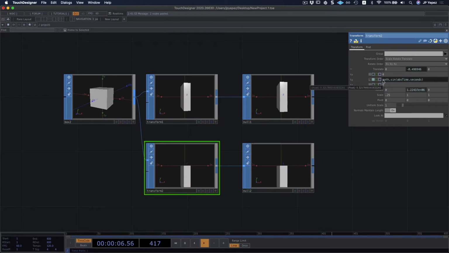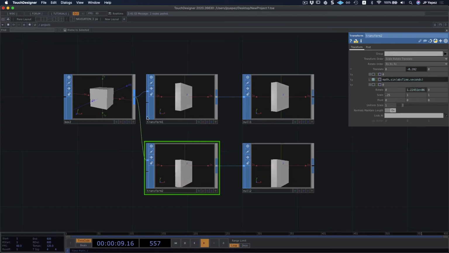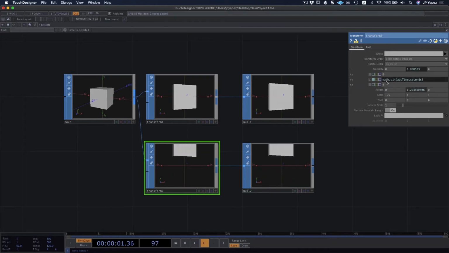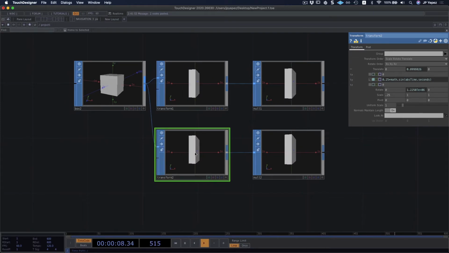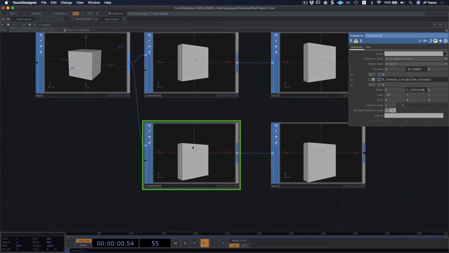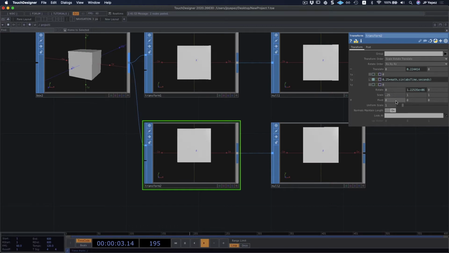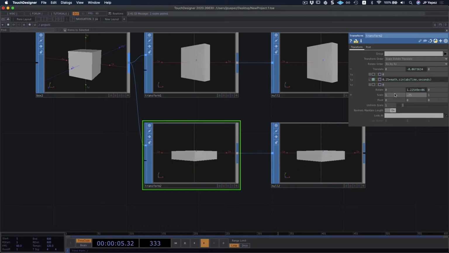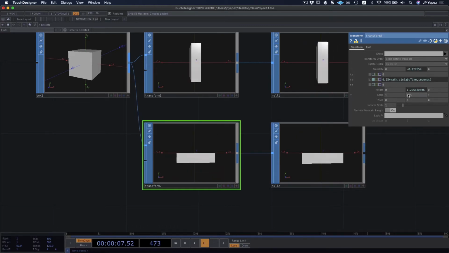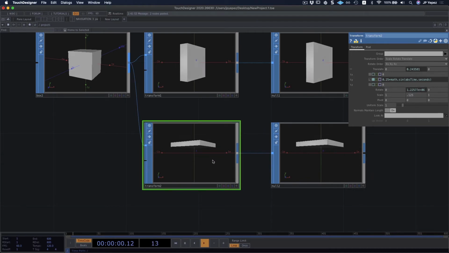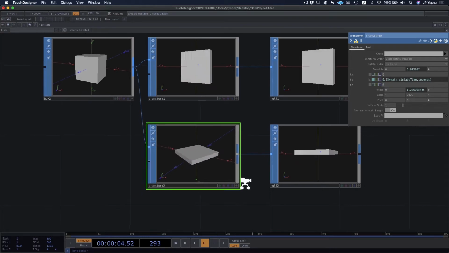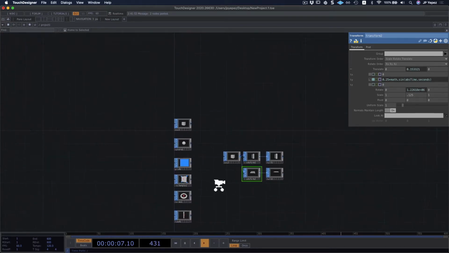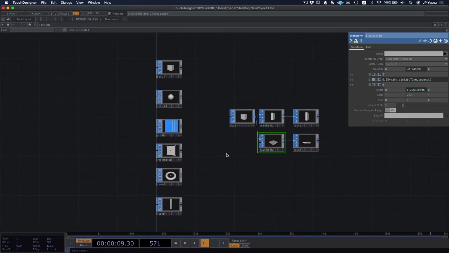If you've ever worked with Python, this is simply a sine wave. I'm just not using a CHOP for it. Maybe I want it to be a bit smaller. We'll get some slight movement up and down. You know what? We can change this into a platform that moves up and down. And yeah, this is pretty exciting. So yeah, these are SOPs essentially.